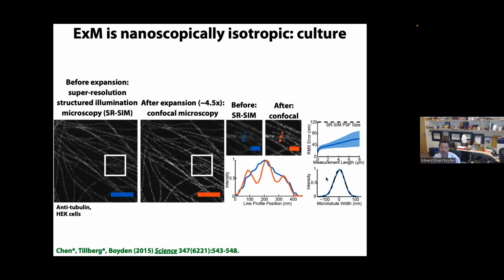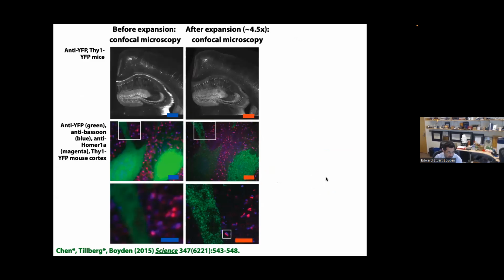Now, if you think about it, a typical good confocal might have a lateral resolution of 300 nanometers. We're expanding by 4.5. 300 divided by 4.5 is about 70 nanometers. Earlier, I told you that the polymer spacing is 1 to 2 nanometers. So if we expand more, can we get even better resolution? As I'll show you later, the answer is yes. But even with 4.5-fold expansion, there are many things you can do that are difficult and sometimes impossible to do